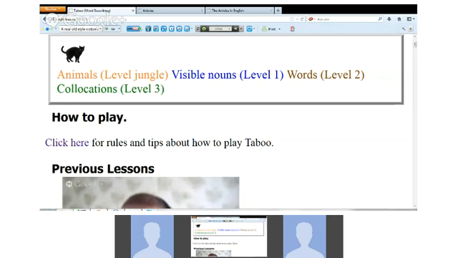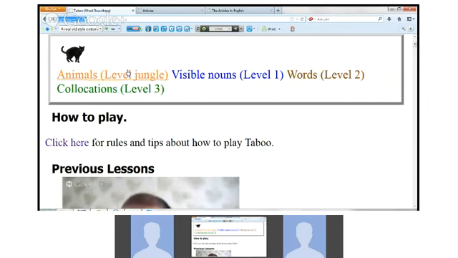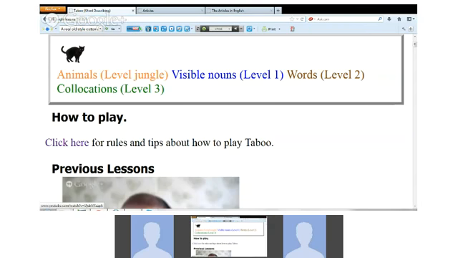If you look at my screen, I have some links here by the black cat. Can you see the black cat on the screen? Yes. If you open that link I sent you, I'll send it again, then you can see the black cat, and by the black cat you can see animals, or level 1, level 2 and level 3.